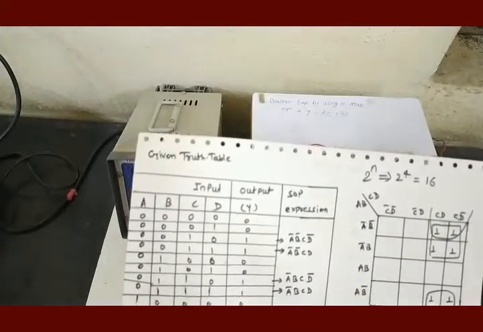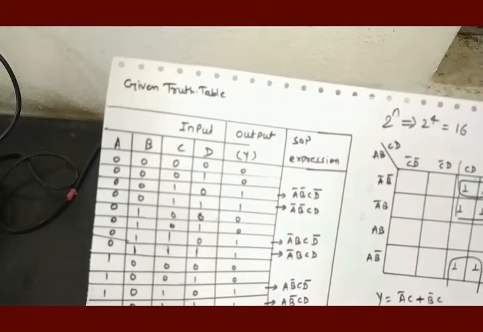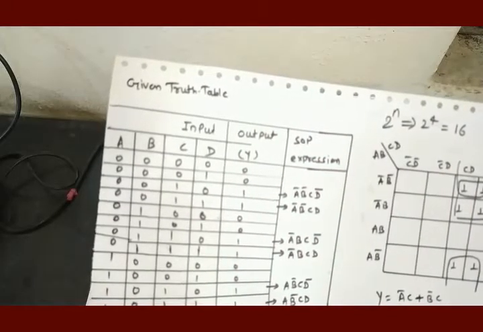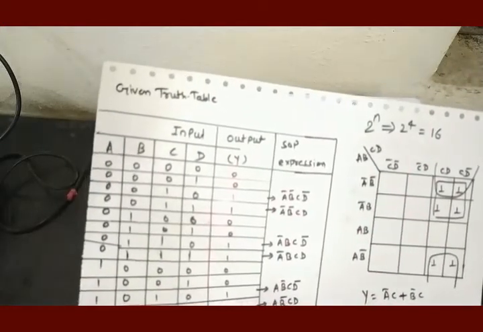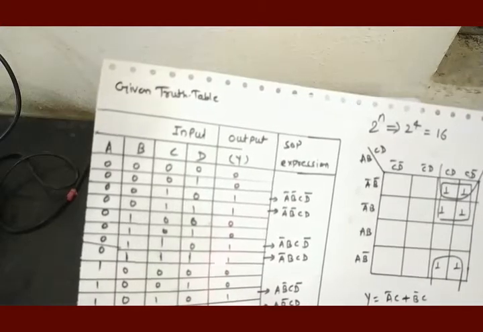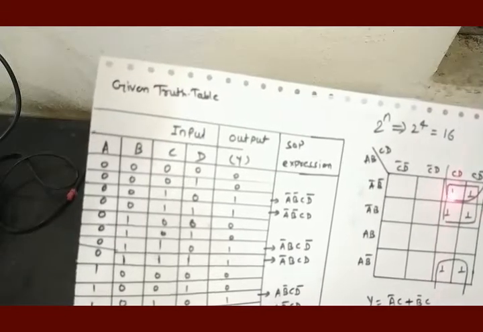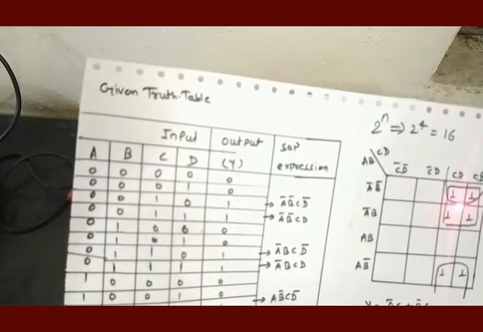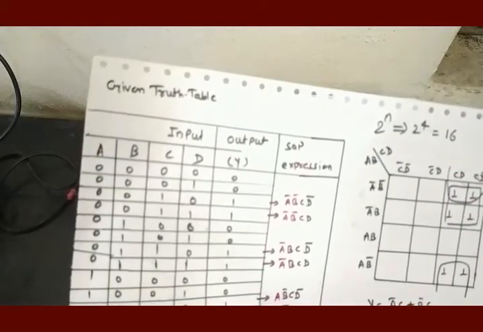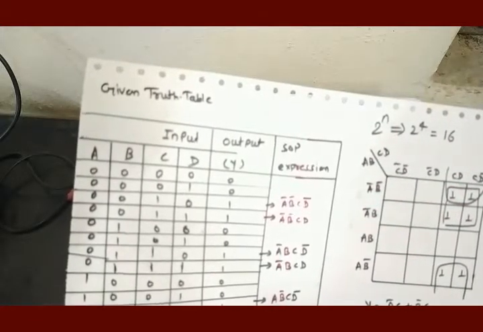After constructing a Karnaugh map for 4 variables, what do we have to do? We have to insert the fundamental products for the ones in the output on the cells of the Karnaugh map. So there are 6 ones in the output, 1, 2, 3, 4, 5, 6. And these 6 ones are inserted here on 6 cells. This is corresponding to A bar, B bar, C, D, and you will find it here. This is corresponding to A bar, B bar, C, D bar.